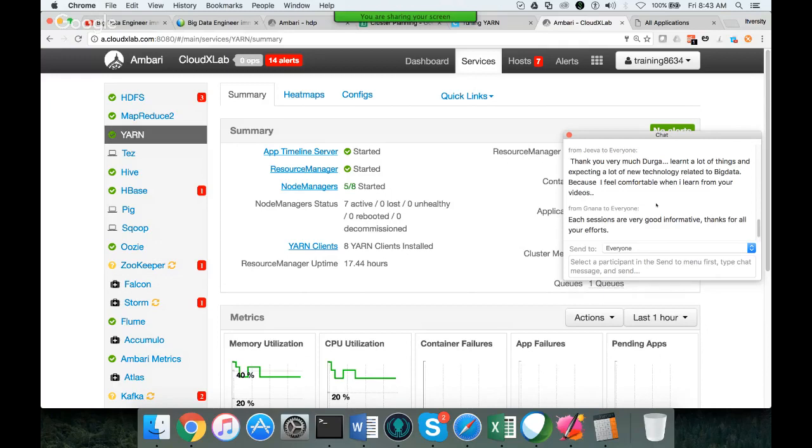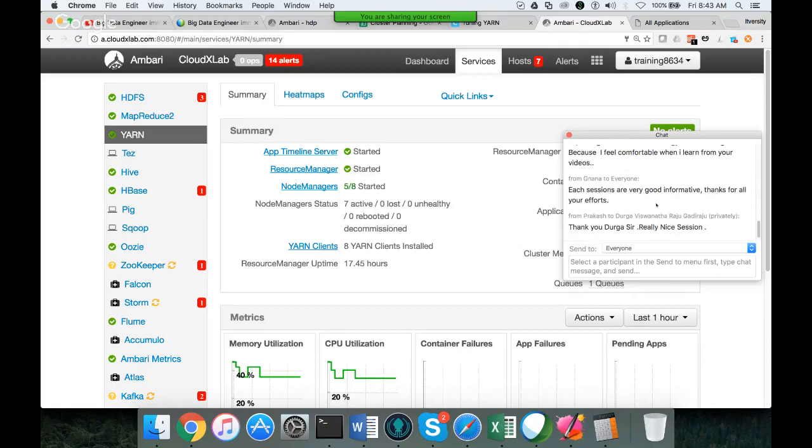Even after putting so much effort into learning these newer technologies, they might get only a 10% or 15% hike, and only if they go for full-time jobs. When it comes to contracting, people are a little reluctant to switch technology and start on a new project, because in contracting you have to start performing from day one itself. So even though I trained 100 or 150 people overall, most of them haven't switched to big data